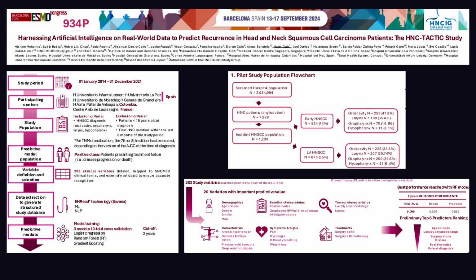Or here, for example, we presented at ESMO this year preliminary data of a study that we are conducting in head and neck cancer patients. Here also we want to assess two predictive models. The first of them, presented this year, was for patients who had head and neck squamous cell carcinoma and were treated with a radical treatment, to assess the risk of progression and try to understand which patients have a high risk of metastasis or recurrence, to try to enhance their therapies.